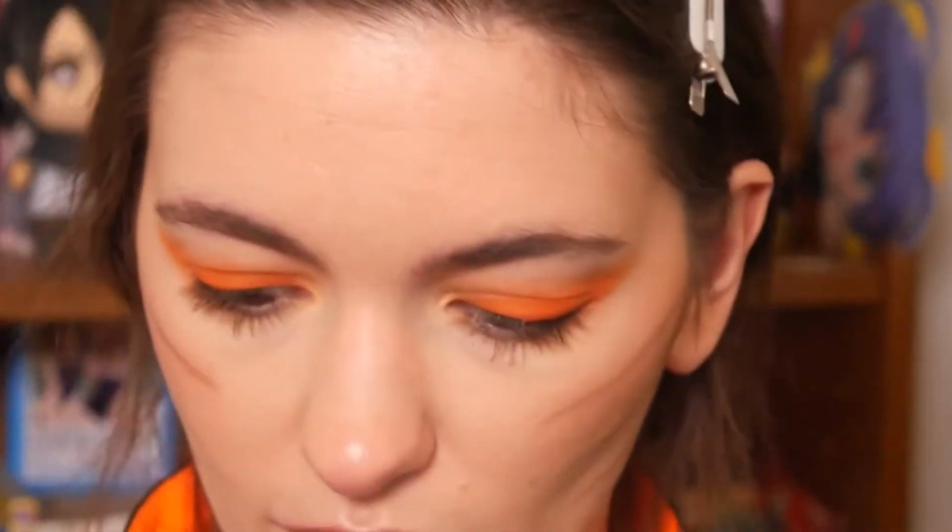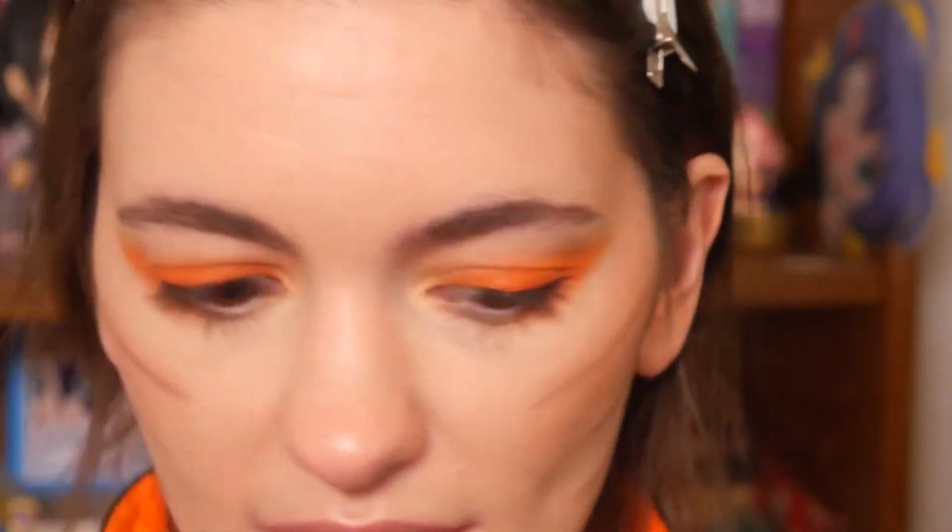if you're already going out in a Naruto fit, people are gonna look at you anyway. He's the brightest, boldest ninja in all of Konoha. But I really do like how this looks. I feel like this is more like a makeup look versus I'm just trying to cosplay and throw on eyeliner all over my face. Now, he doesn't have